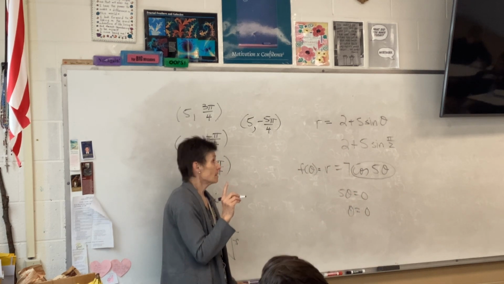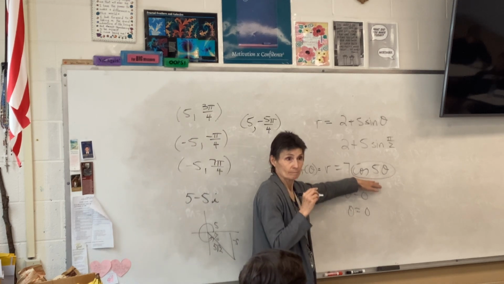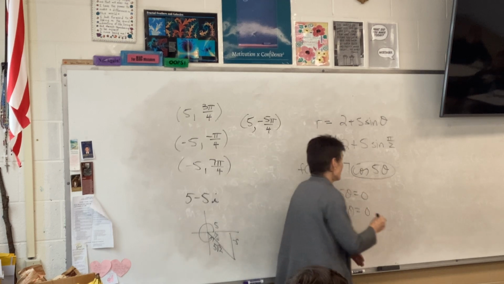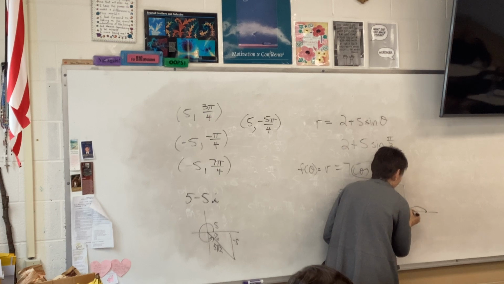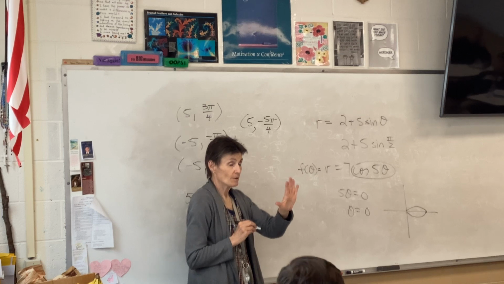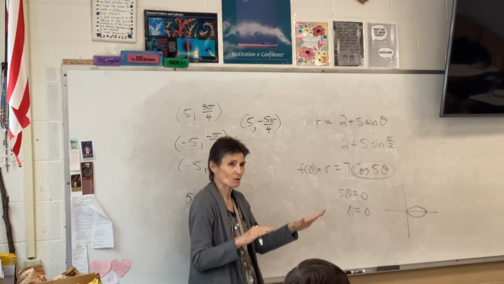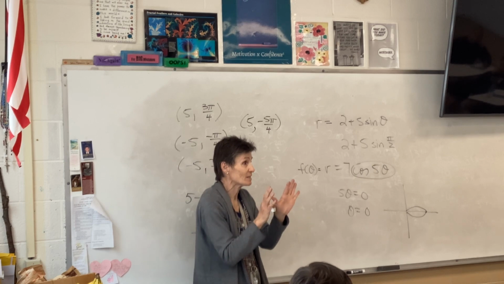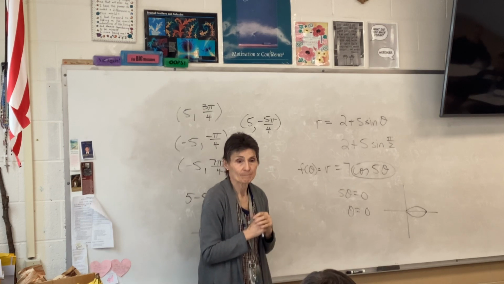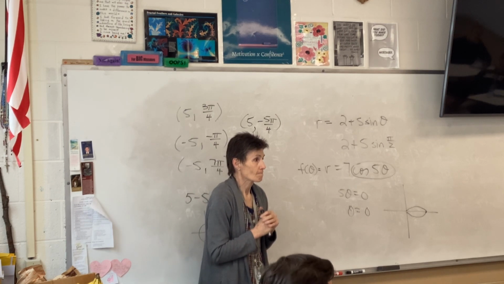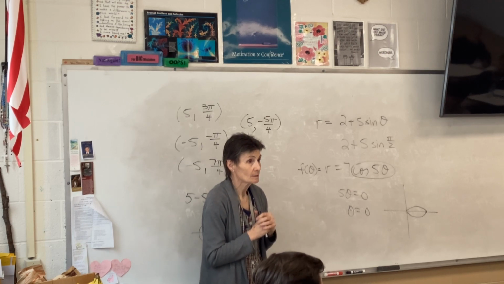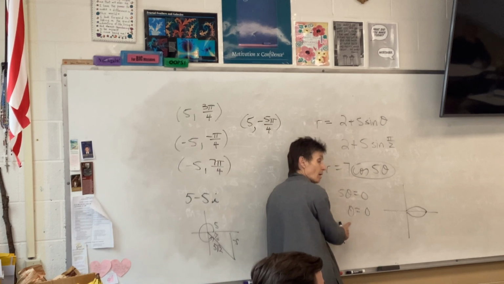Now, this is a rose. How many petals does it have? 5. The first one is at 0. Right? There's 5 of them. They're evenly spaced, even though some of you, when you draw your pictures, they're not. Remember, these things are symmetric, so everything's evenly spaced. So if there's 5 of them, how far apart are they? 2 pi over 5? Wouldn't they be 2 pi over 5 apart? So if the first one is at 0,